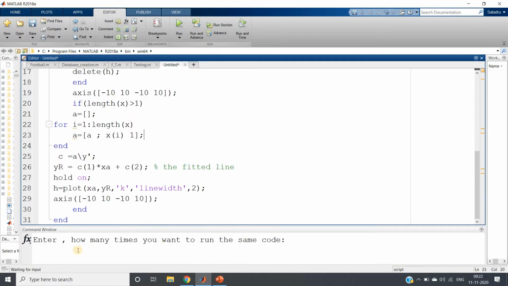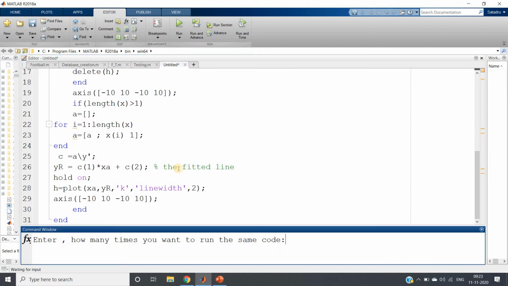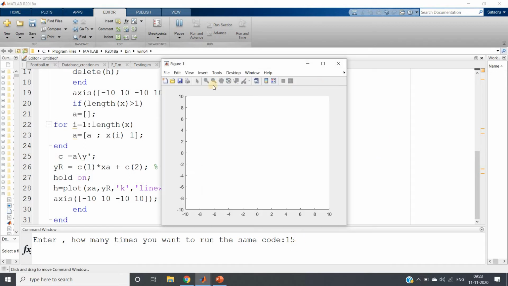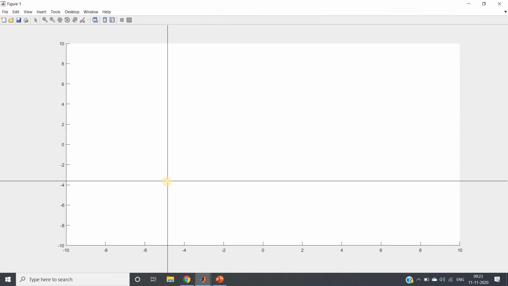Control A, evaluate selection. Enter how many data points you want, that is the dataset size. Suppose I am giving 15 data points, so the figure window will open and give us the opportunity to enter 15 different data points.